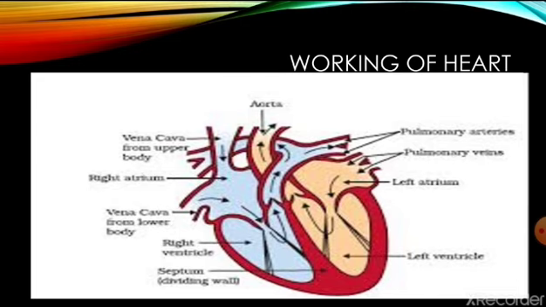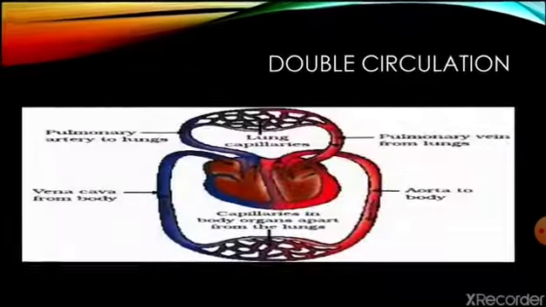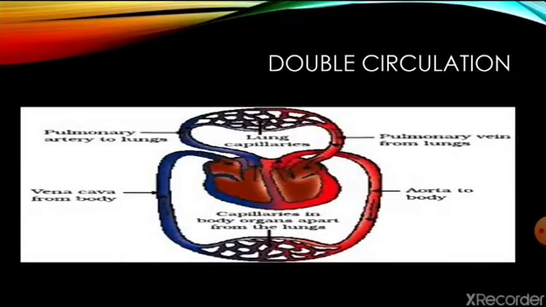These valves help in preventing the backward flow of blood. Now, coming to the double circulation. As we all know, two separate pathways are moving on, and separate pathways are termed as one cycle. So remember children, in one cycle, the oxygenated as well as the deoxygenated blood individually enter and move out of the heart in one time itself. That is, twice the entry of blood takes place inside the heart.